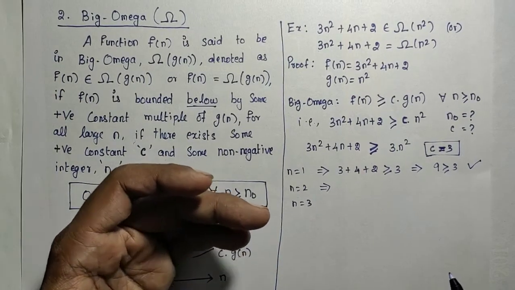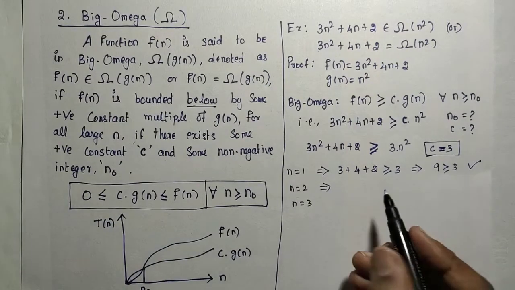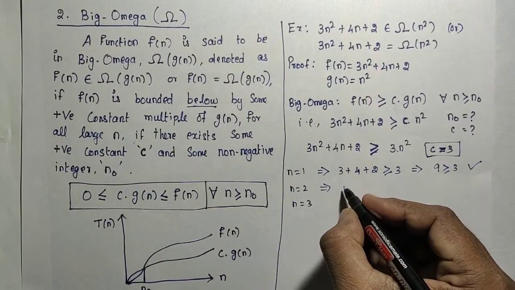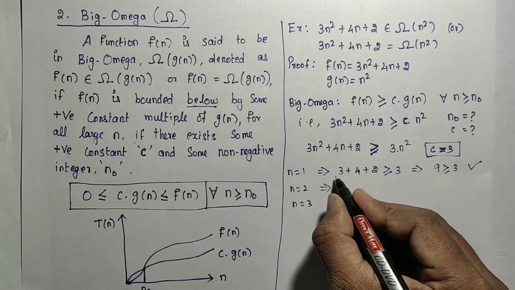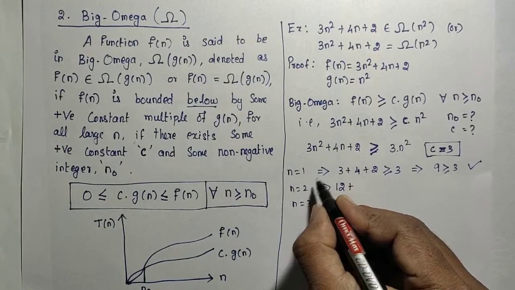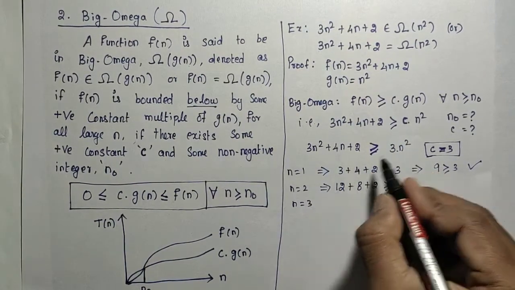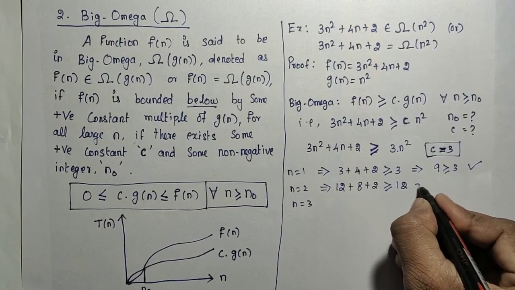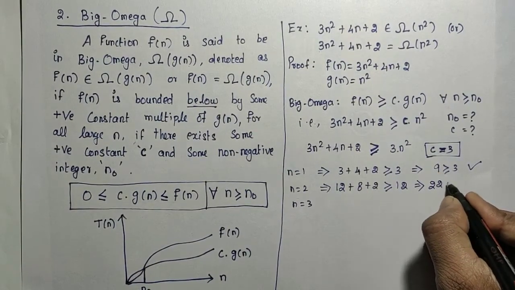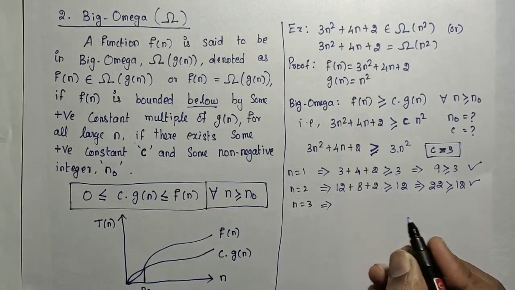In some cases the condition may become true only after n equal to 5, or after n equal to 10, so we have to substitute one by one. Now for n equal to 2: 3 into 4 is 12, plus 4 into 2 is 8, plus 2, which is 22, greater than or equal to 3 into 4, which is 12. So this is also true. Now n equal to 3,